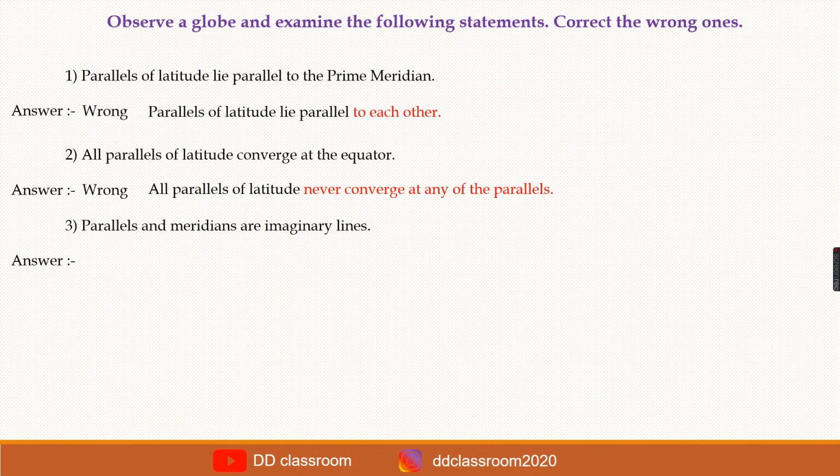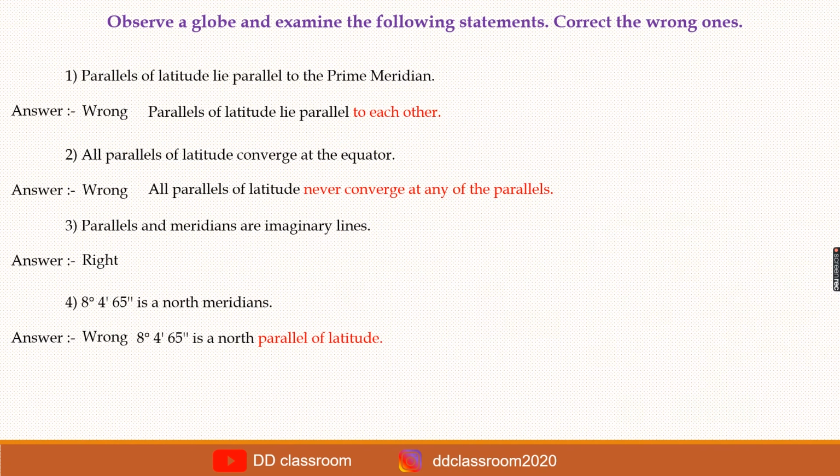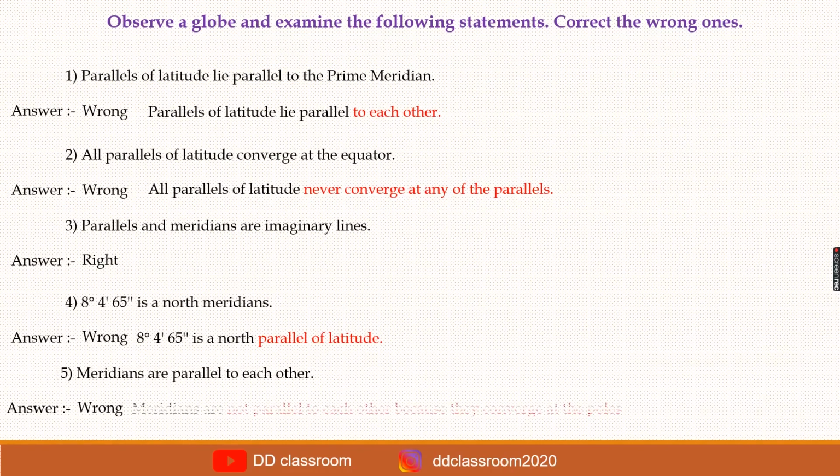3. Parallels and meridians are imaginary lines. Answer is right. 4. 8 degree 4 minutes 65 seconds is the north meridian. Answer is wrong. The right answer is 8 degree 4 minutes 65 seconds is the north parallel of latitude. 5. Meridians are parallel to each other. Answer is wrong. The right sentence is meridians are not parallel to each other because they converge at the